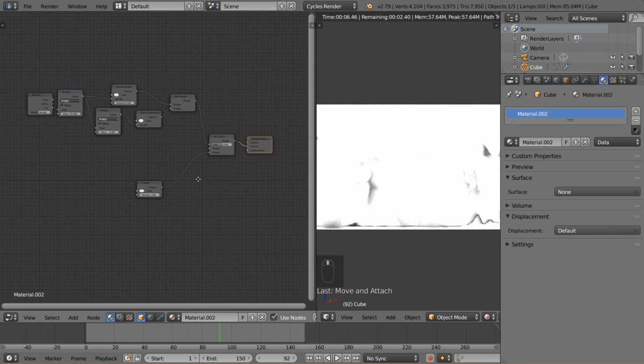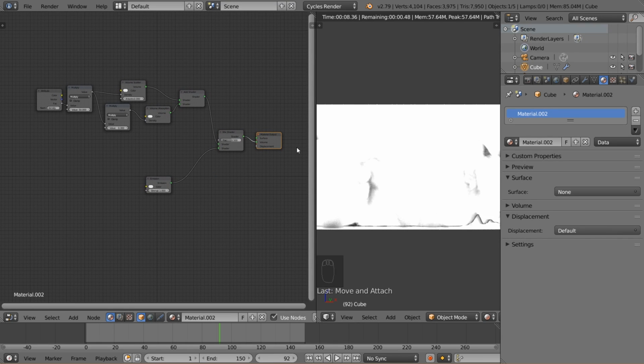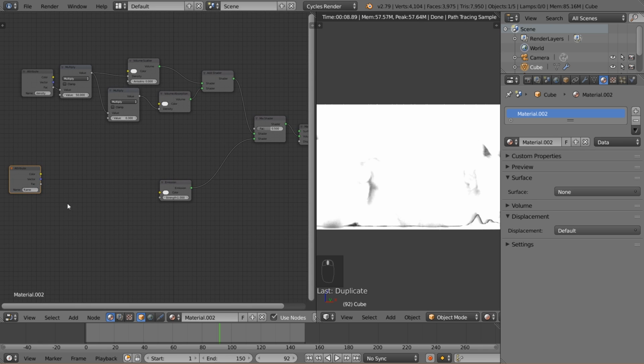And that's because we need to add a factor to tell Blender what is smoke and what is fire. So I'm going to duplicate our attribute node here with Shift D, and this is going to be named flame. And this will control what is fire and what is smoke. Now before we can just use this, whoops, I spelled it wrong. Again, like I said earlier, it is important to spell it correctly, otherwise Blender will not work with the density